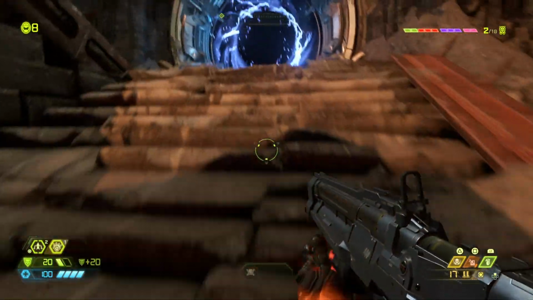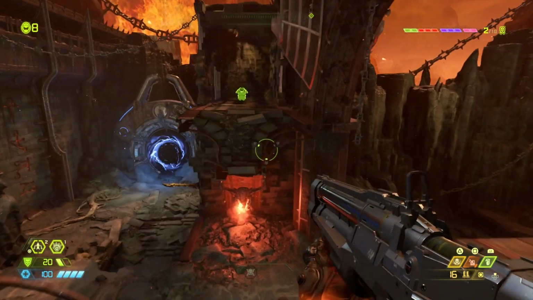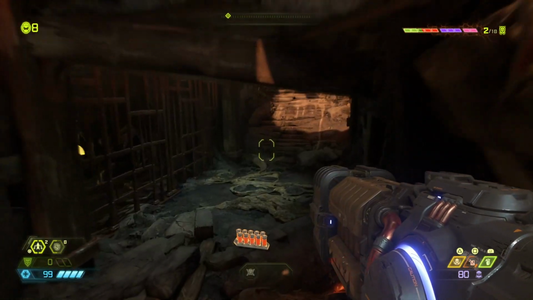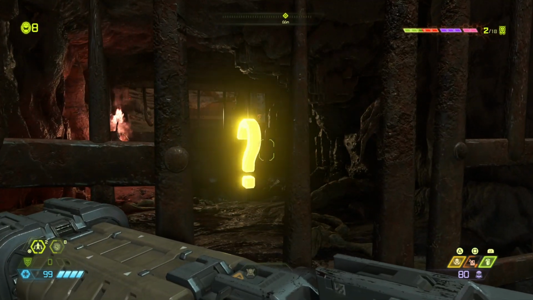From here you want to veer off to the right, go up to the top of the stairs, and across the way you will see an armor piece hidden away. Jump and dash over to the other side and collect this untouched treasure, as this can be easily missed. Now underneath here, you will find a mysterious level secret locked away, taunting us of the endless possibilities of what